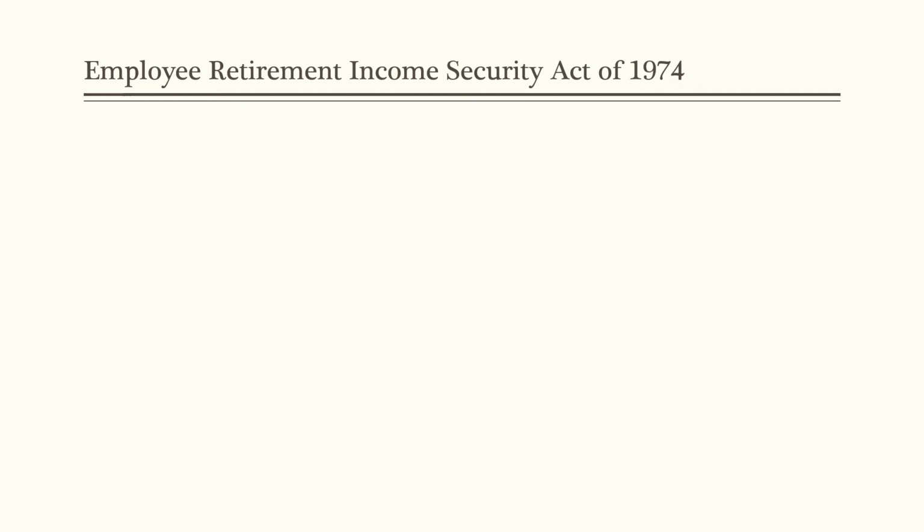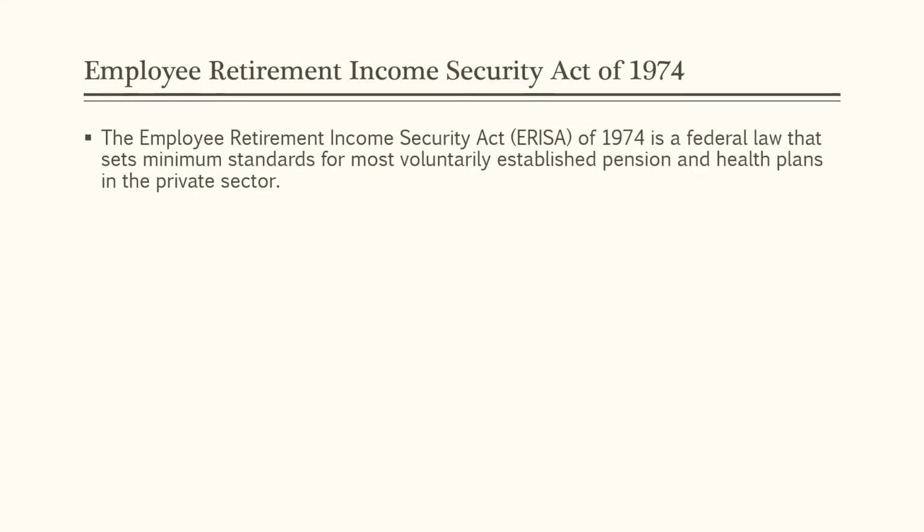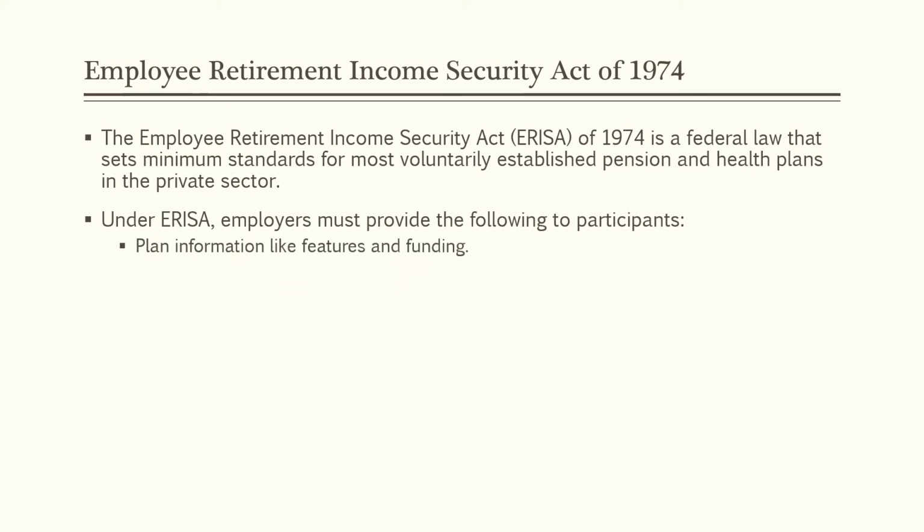Next, we will cover the Employee Retirement Income Security Act of 1974. The Employee Retirement Income Security Act of 1974 is known as ERISA. It is a federal law that sets minimum standards for most voluntarily established pension and health plans in the private sector. Under ERISA, employers must provide the following to participants: plan information like features and funding,